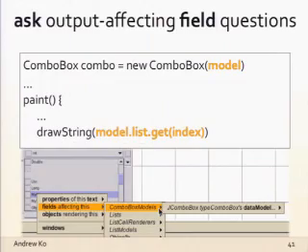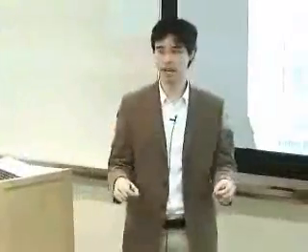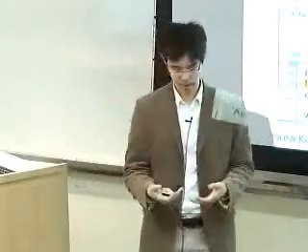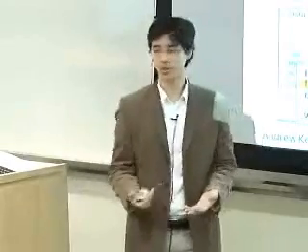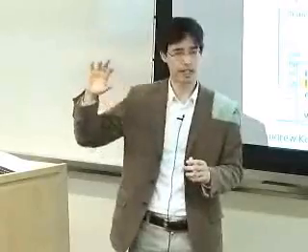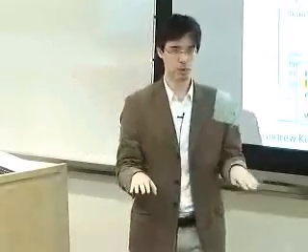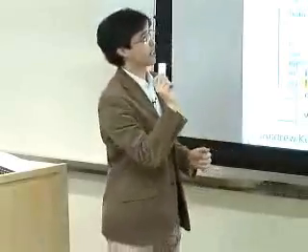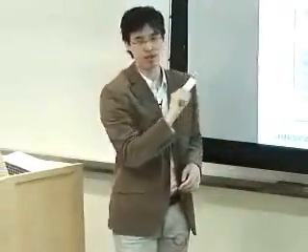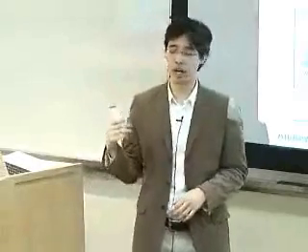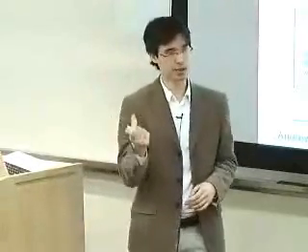An example of that are questions about field data, fields in objects that indirectly affect those arguments that are passed into that primitive level output. So if you imagine a combo box or a drop-down menu in a UI, there's going to be some list in memory somewhere or some set that's going to determine what items appear in that menu. So what the system does is follow all of those data dependencies in the source code to find out what other data and data structures indirectly affect those low-level primitive arguments. So at some point, that combo box was affected by the model, and it used that model's list and a particular item from that list to draw a label onto the screen. So the system tracks those data dependencies and then inserts questions about those data structures.